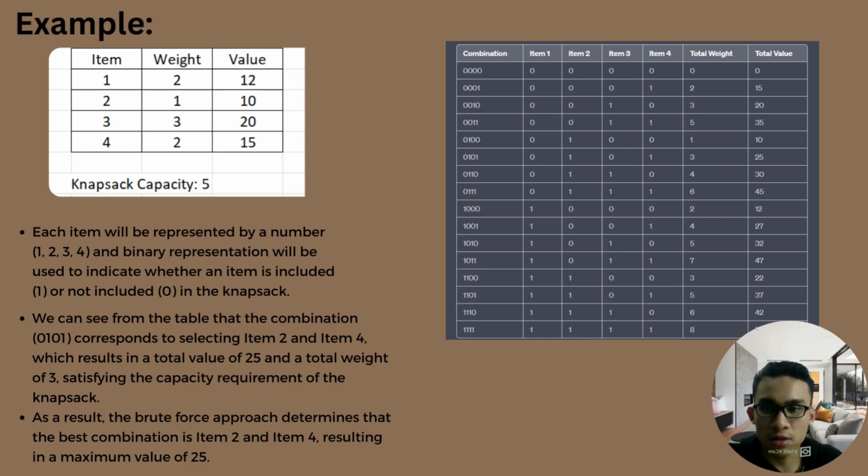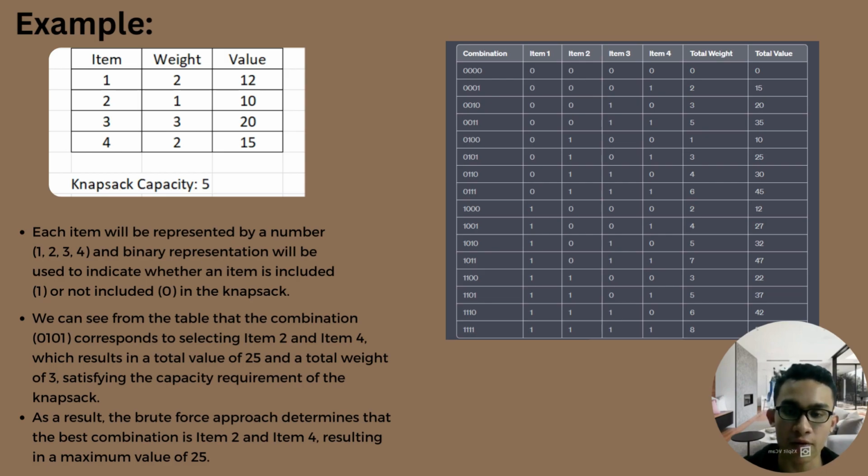So the first thing is, each item will be represented by a number, and the binary representation, which is 0101, is used to indicate whether an item is included as 1 or not included as 0 in the knapsack. We can see from the table on the right all the possible binary combinations. The representation 0101 corresponds to selecting item number 2 and item number 4,